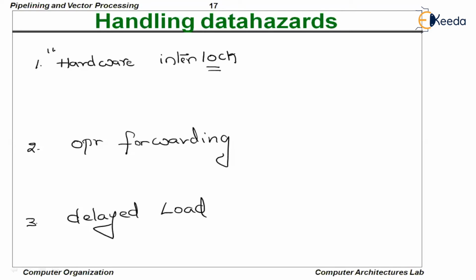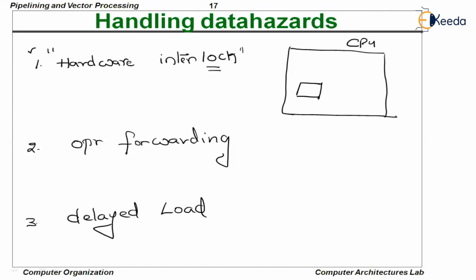First of all, understand what is the hardware interlock. In the CPU, of course, the CPU is a blend of several components such as ALU, register set, and the other things. This is our CPU. When you use a method called hardware interlock to avoid the data hazards, you are going to involve one more small circuit, which is called hardware interlock, in the CPU. What is the job of the hardware interlock?